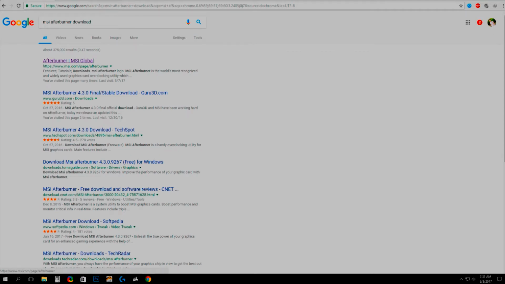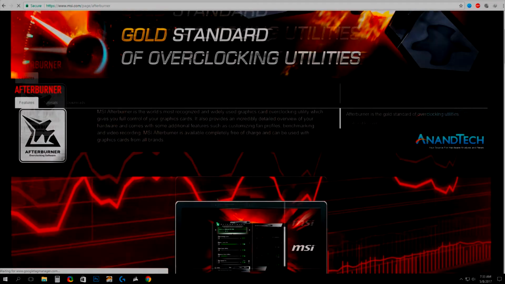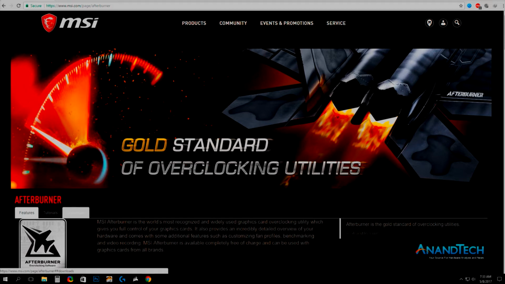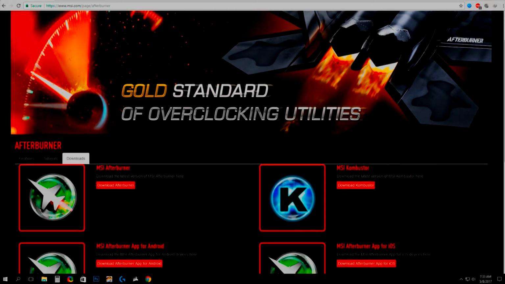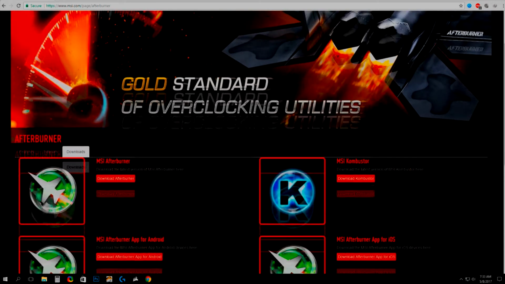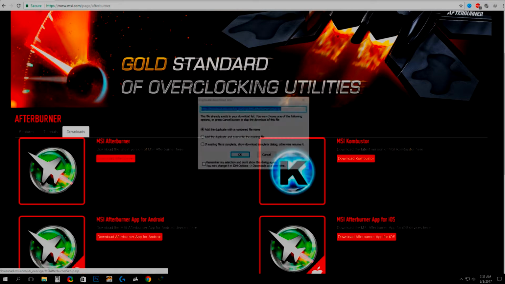This is the official site of MSI. I'm clicking this. Here you can see various advertisements of MSI, and you can also see a download tab here. Just click on download, and here you can see the various MSI Afterburner apps. Here is the option to download the latest version of MSI Afterburner. So clicking this,